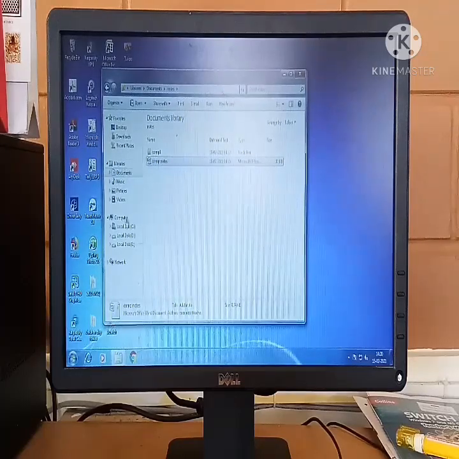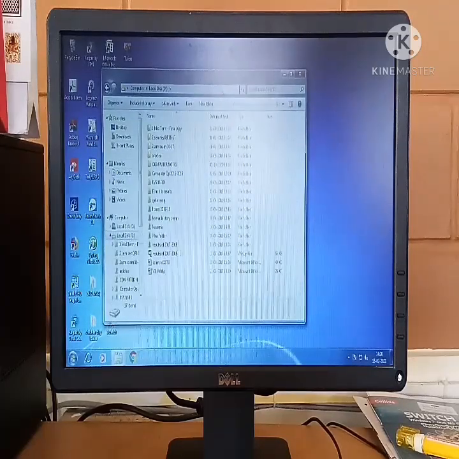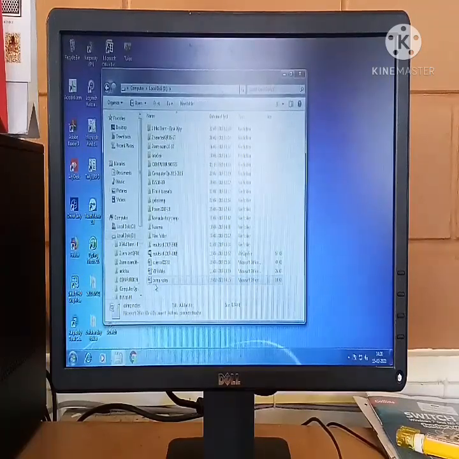You want to paste it in C drive or D drive, open that. In D drive I am pasting, keep your cursor here, right click and paste. See, computer notes file copy is pasted here.